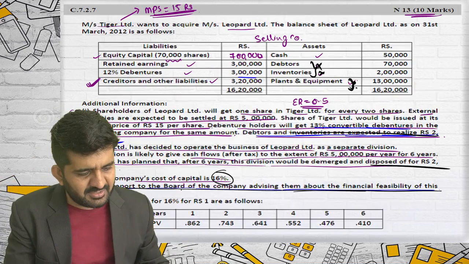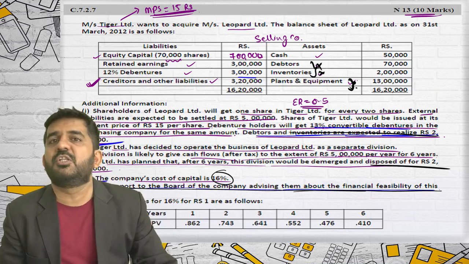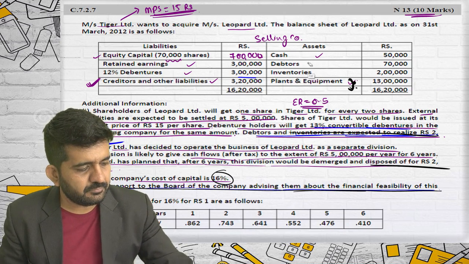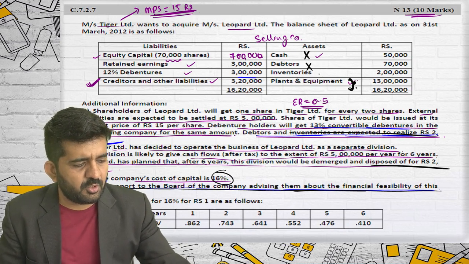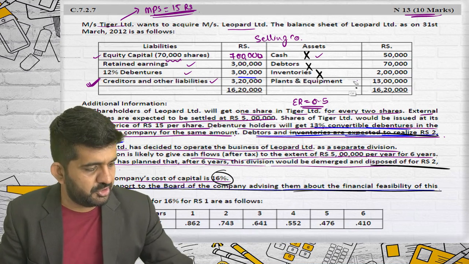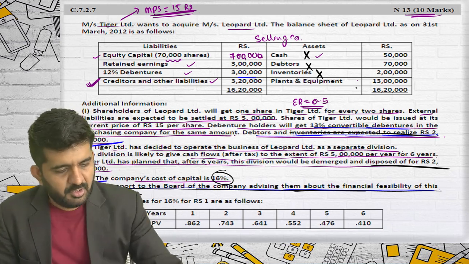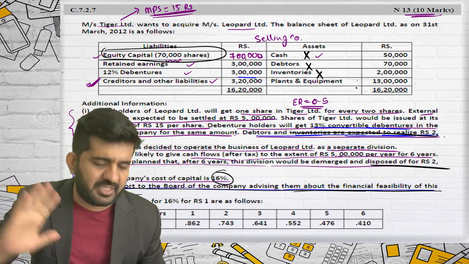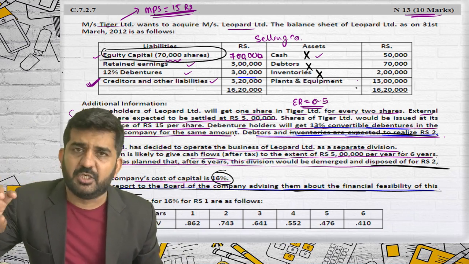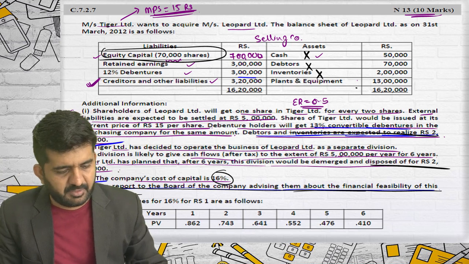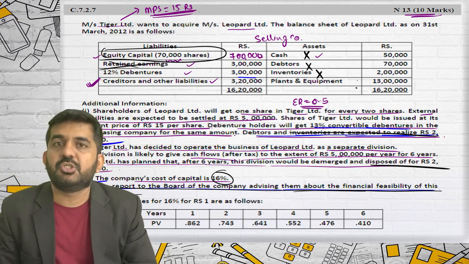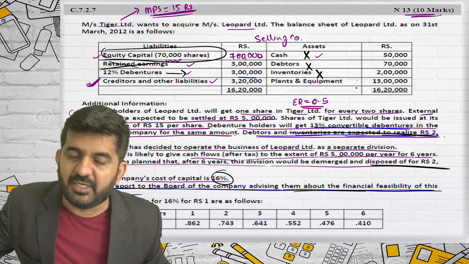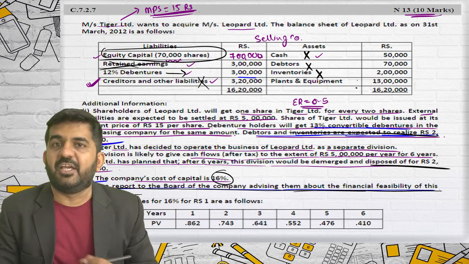The broad concept is, out of this balance sheet, this you are going to merge, this you are going to merge. This will be paid. They are no longer your shareholders. You will be just issuing them some number of shares. Yes, they will become your shareholders, but you will be just giving them a number of shares. This will be merged. These debenture holders will become debenture holders of your company. This you are paying up.